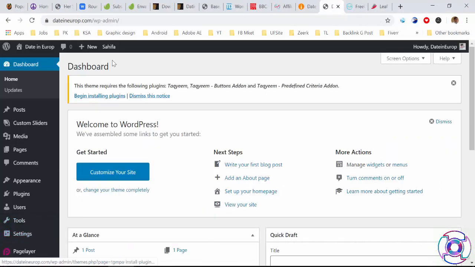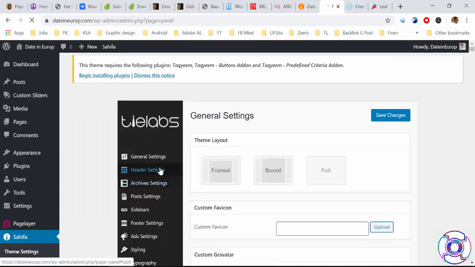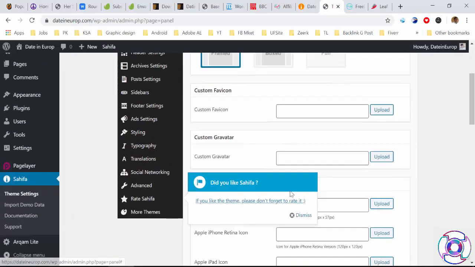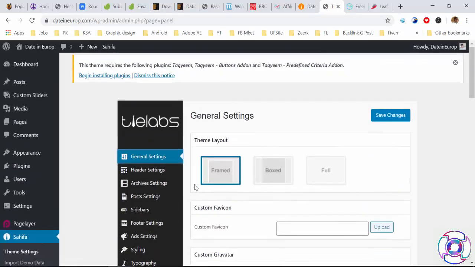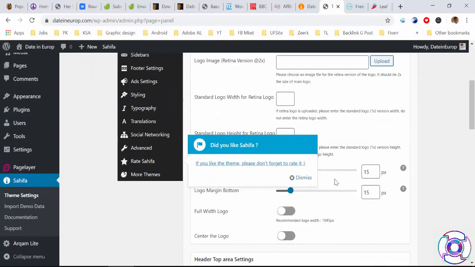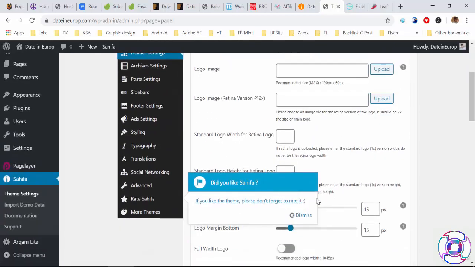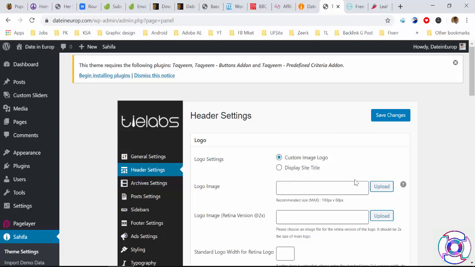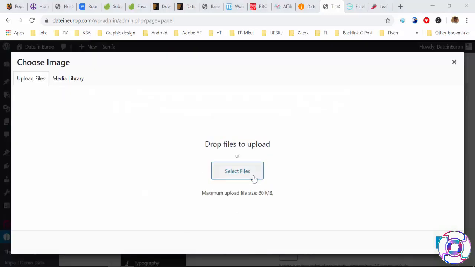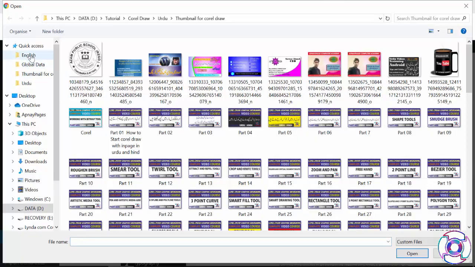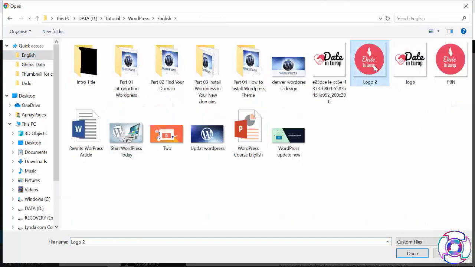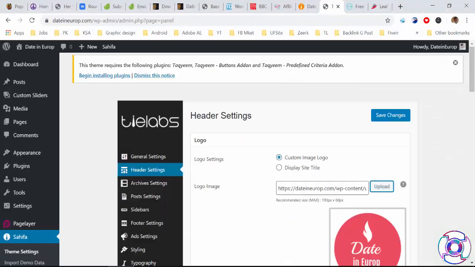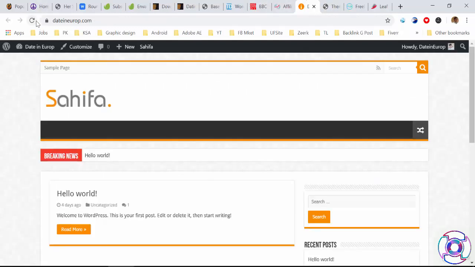So guys, I already got the data, so I click on Shifa theme and general settings, and next we are going to start on header settings, and I'm going to upload a logo image here. Custom image logo, select a file, and I'm going to choose this, select, save changes and refresh our site.